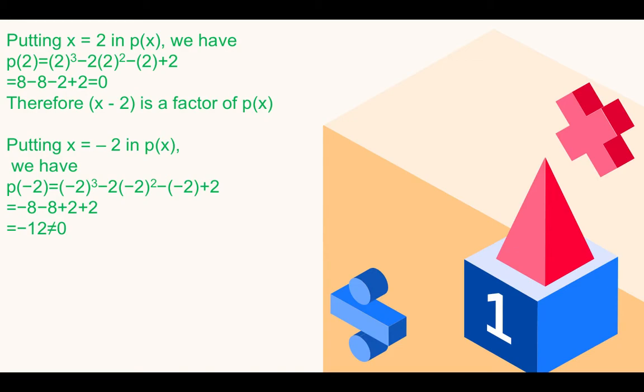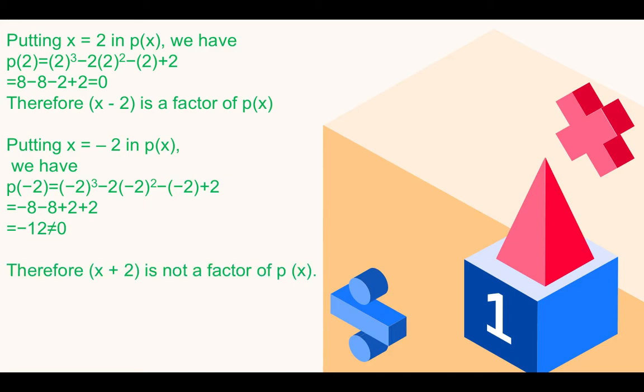The maximum number of factors a polynomial can have is the degree of the polynomial. Whatever the degree, in this case we have degree 3. That means the maximum number of factors that the polynomial will have is 3. It cannot have more than 3 factors.